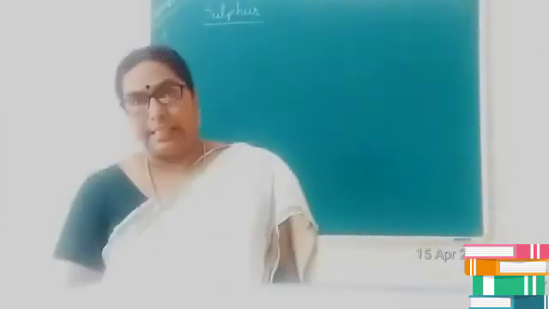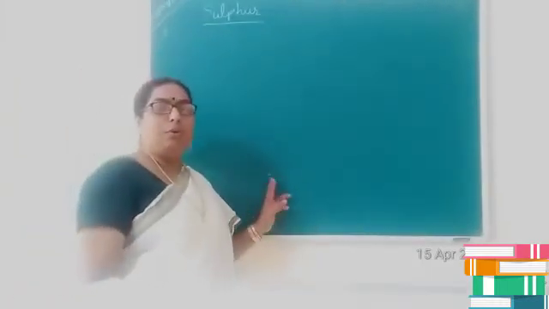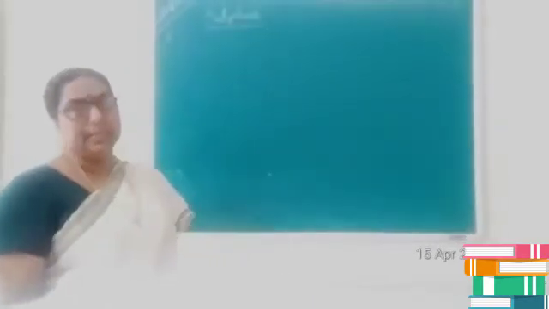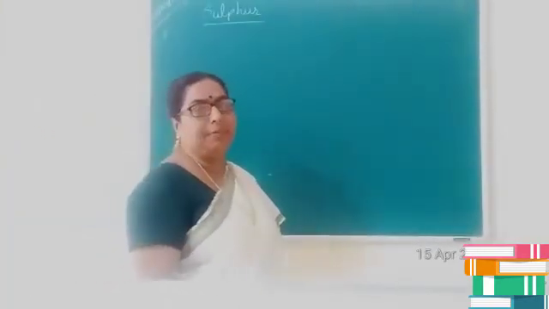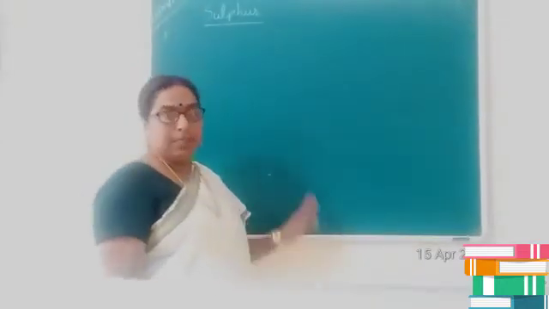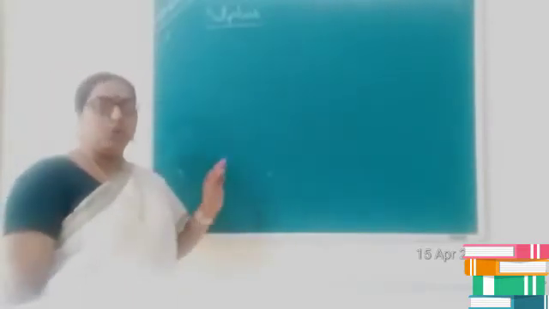Good morning, children. Today let us start with sulfur. As you all know, sulfur is the second element in group 16. Sulfur shows different allotropic forms, but out of all of them, two are very stable. They are rhombic sulfur or alpha sulfur, and monoclinic sulfur, that is beta sulfur. Is it clear, children? So we are going to study the stable allotropic forms of sulfur, that is rhombic